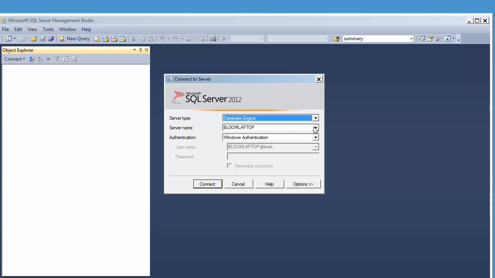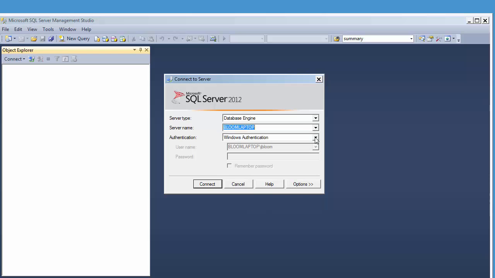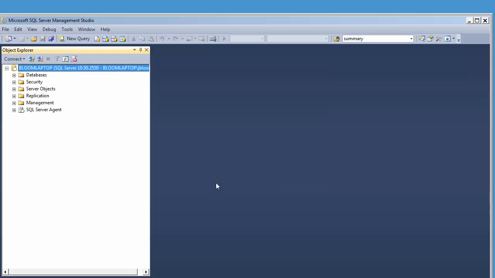In this case, I have a database already loaded. There's some in there, and so that's good. And then also you want to authenticate to the database. One way is through your NT credentials, which is on your domain. Another option is to use your SQL Server authentication, which is like your SA account, which is the global password, or if you have another account that's used to generate jobs, perhaps. So in this case, we'll go ahead and select Windows authentication, and it accepted the credentials and it loaded